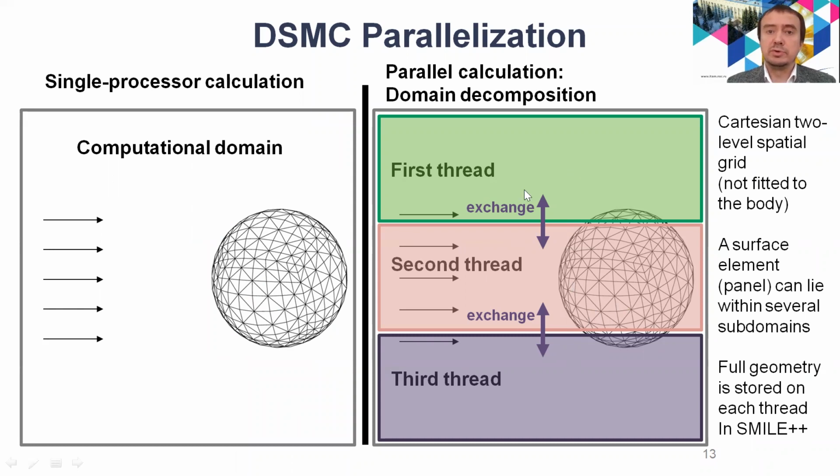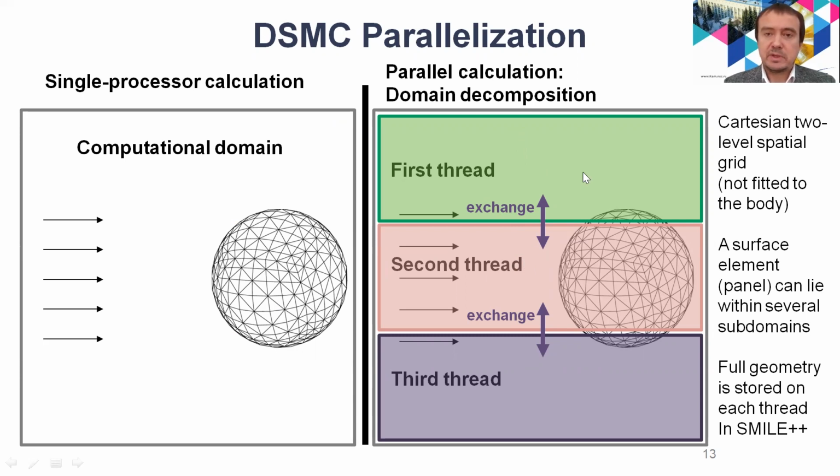We normally use domain decomposition here, and we assign each subdomain to some computational thread, and all the particles which belong to the subdomain belong to the thread. And after moving the particles, we perform the data exchange between threads, just transferring particles which move to the other